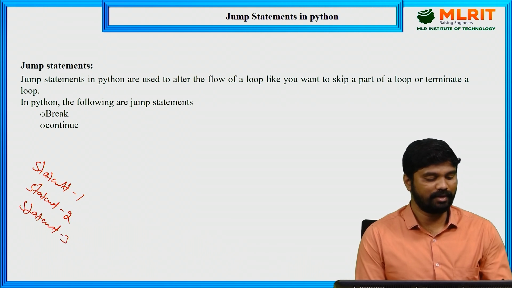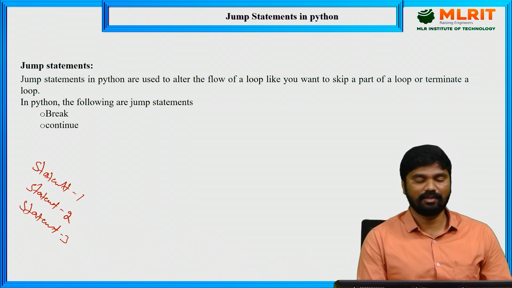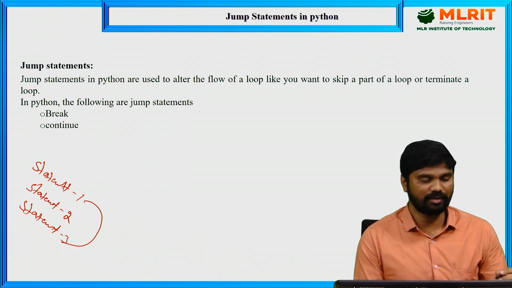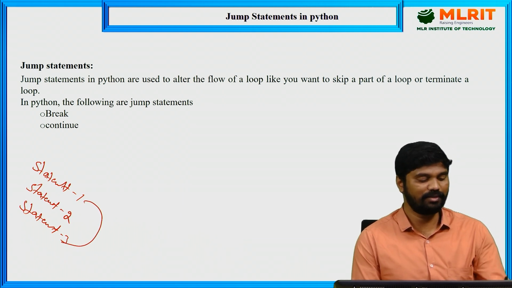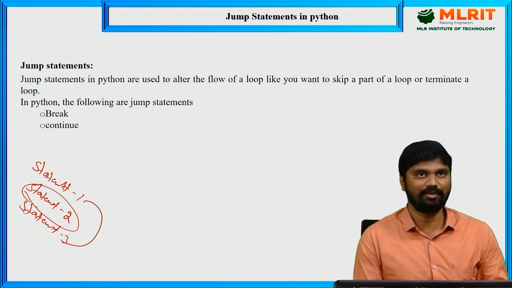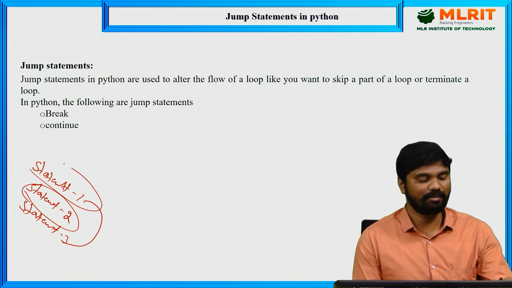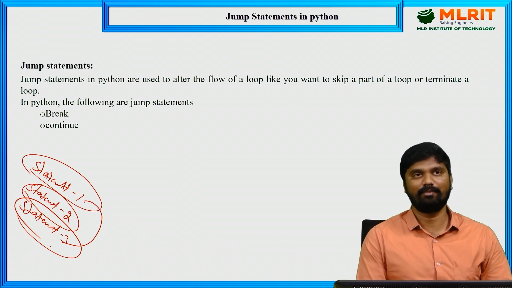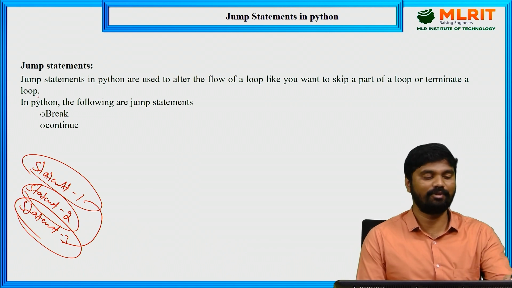I want to jump from statement 1 to statement 3. That means without executing statement 2, after statement 1 is executed, statement 3 will be executed directly. At that time we can use